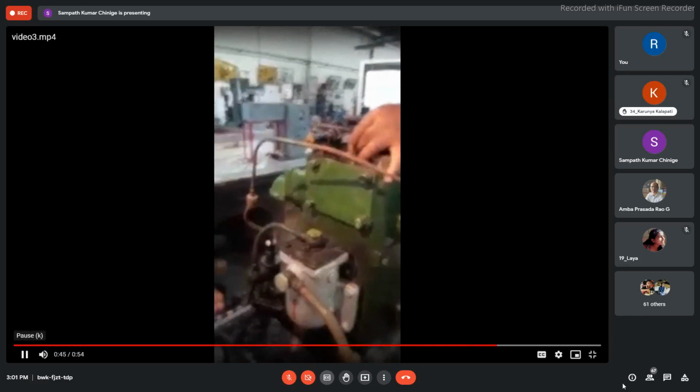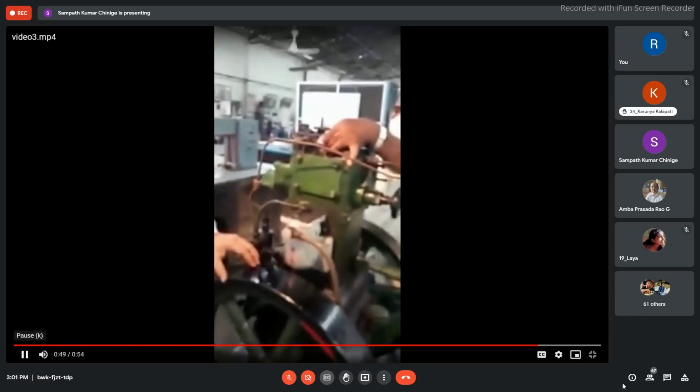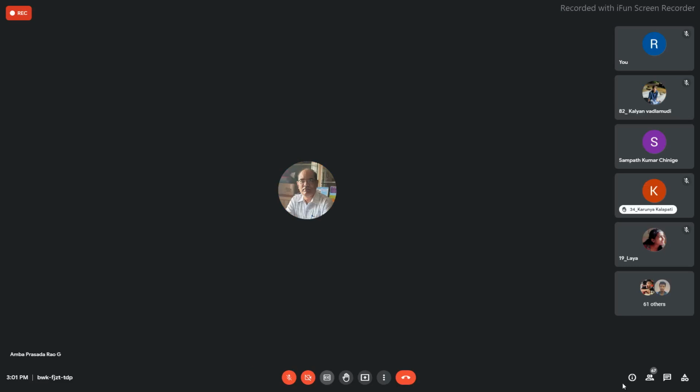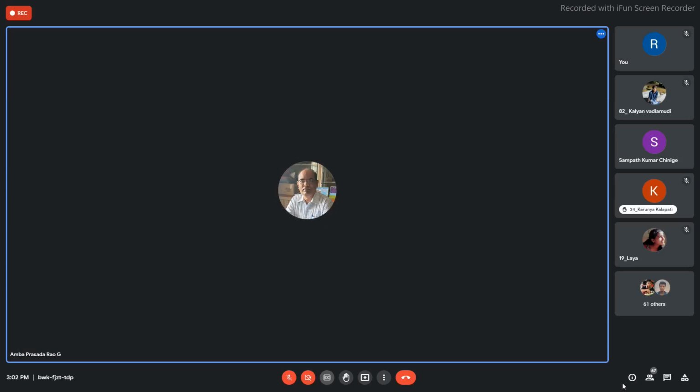As I told you, we will not appreciate the intake valve opening in the beginning. Clockwise direction, and to note down the